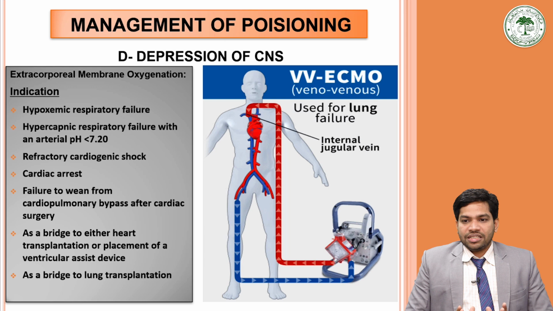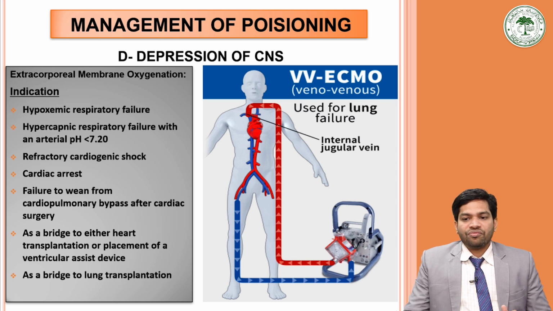In veno-arterial ECMO, a venous cannula is usually placed in the right common femoral vein for the extraction, and an arterial cannula is placed into the right femoral artery for infusion. The tip of the femoral venous cannula should be maintained near the junction of the inferior vena cava and the right atrium, while the tip of the femoral arterial cannula is maintained in the iliac artery. In adults, accessing the femoral artery is preferred because the insertion is simpler.